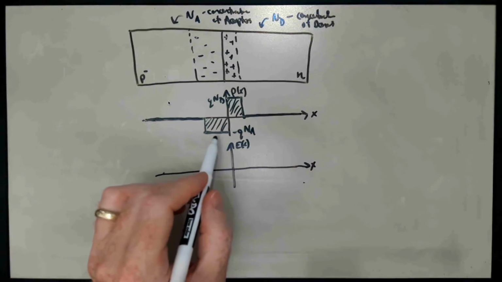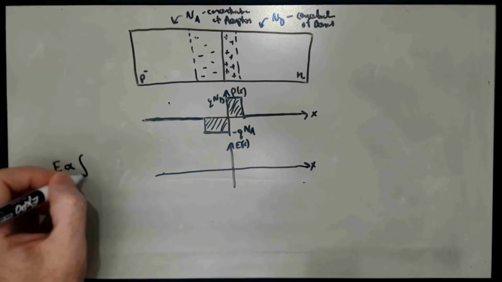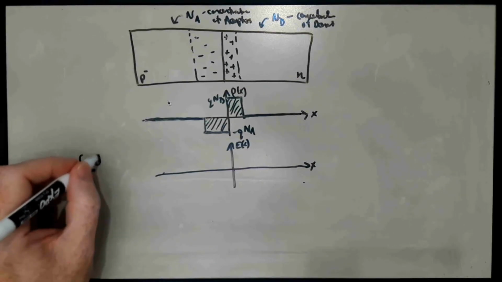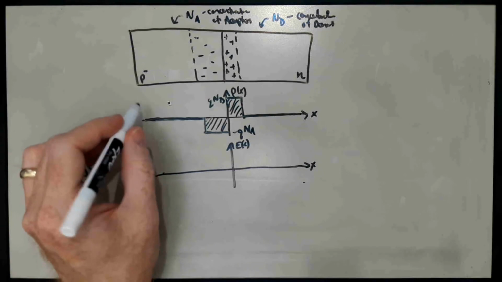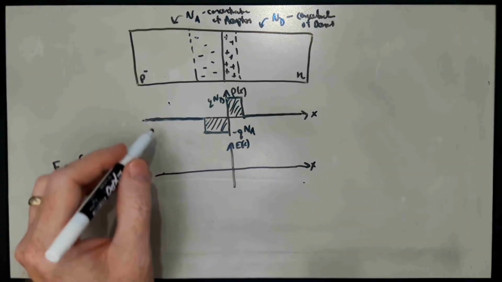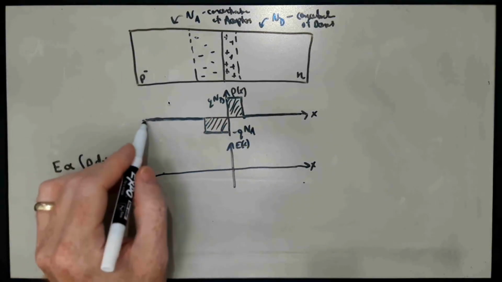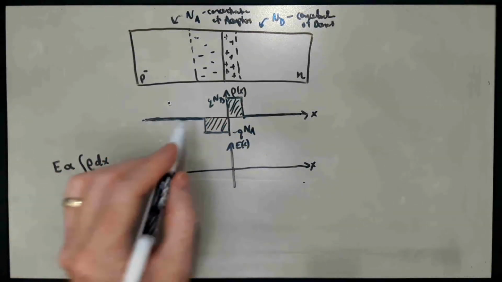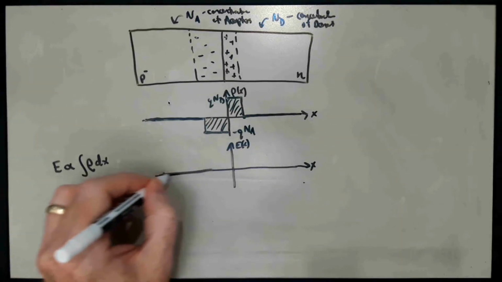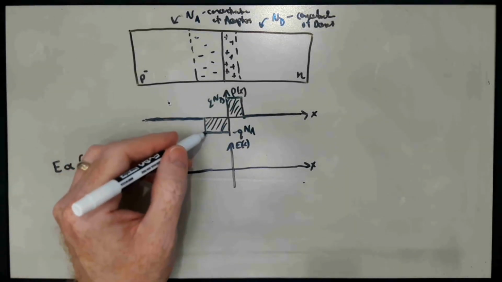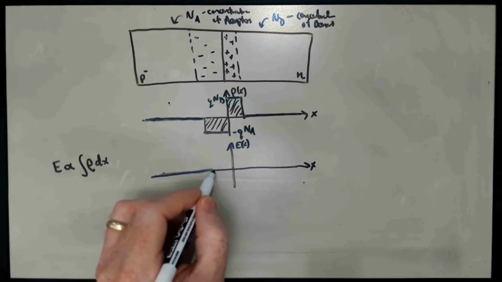What we have to do is integrate. So E is proportional to the integral of rho dx. And so to get the electric field, we just have to integrate this curve. As we're over here, we're integrating 0, and we get 0. And then we hit this step down, and so we're going to be integrating some constant, and the integral of